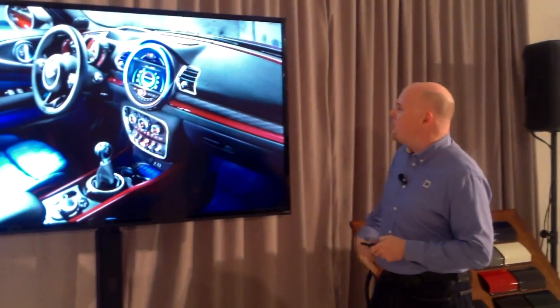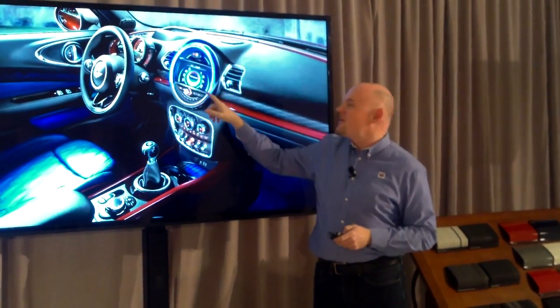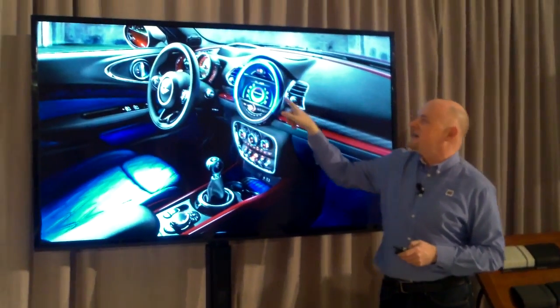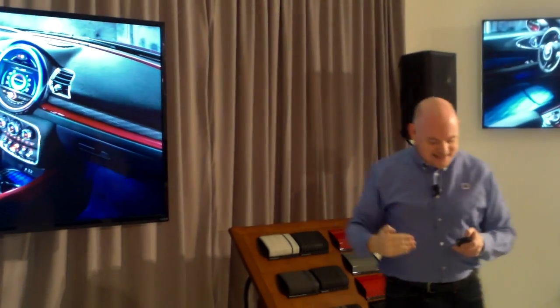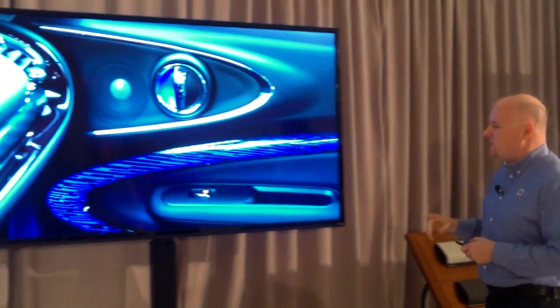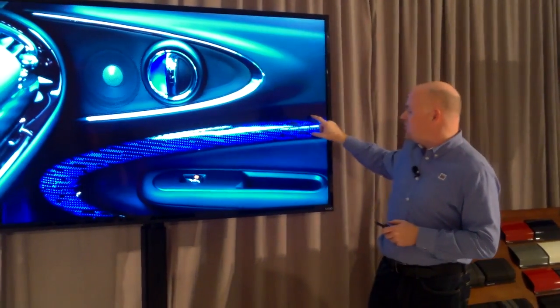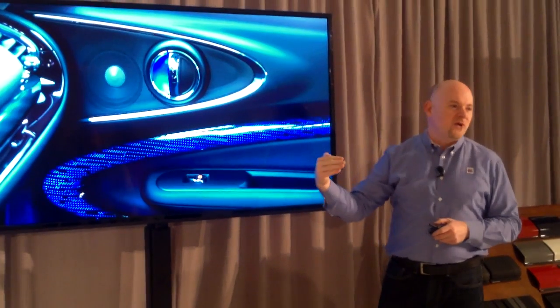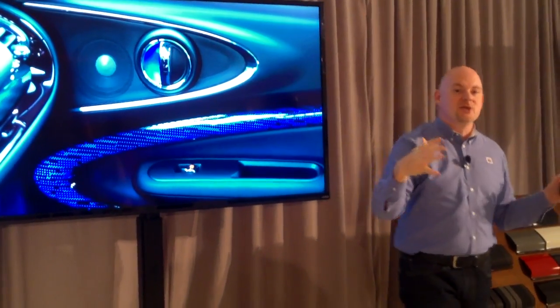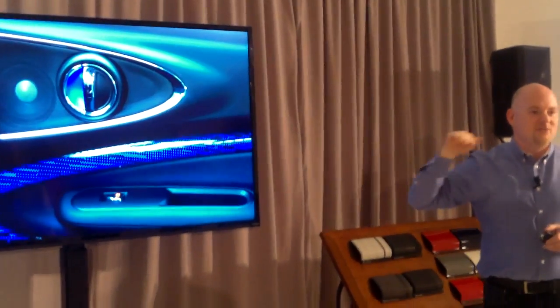Lighting is something that we've always taken, I don't want to say seriously because it's really a fun factor, but we always have this LED lighting on the center instrument. So we take that to the next level. This is an option called Mini Yours, and you basically have perforated holes through this door trim. This is optional. And it runs through the full spectrum LED lighting. Actually, with a group this size, once we're done, I think we'll dim the lights again and we'll try to get